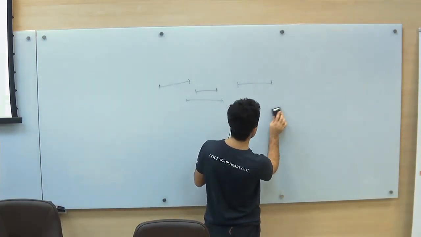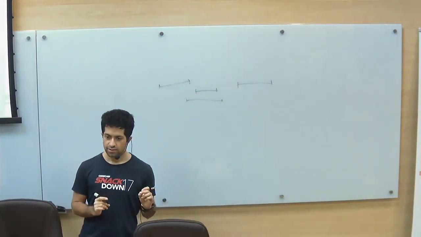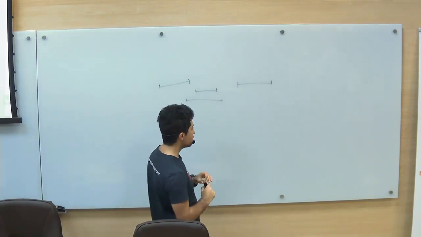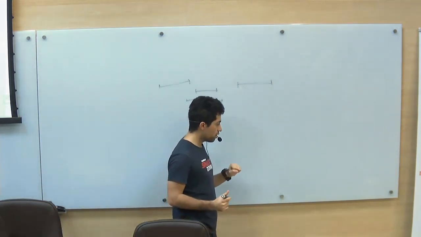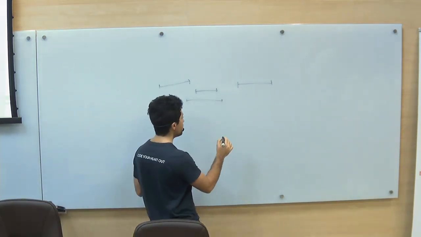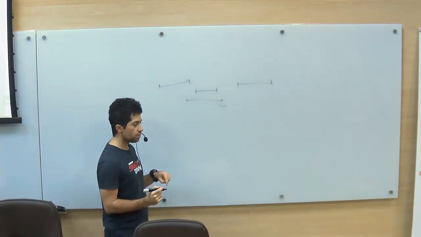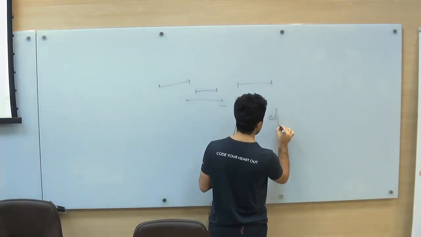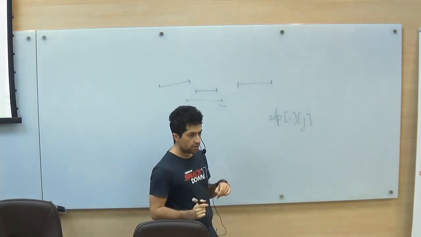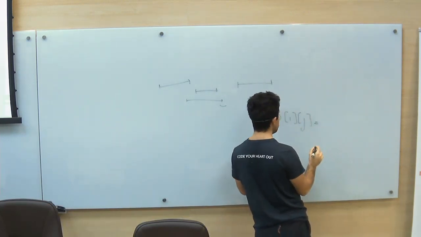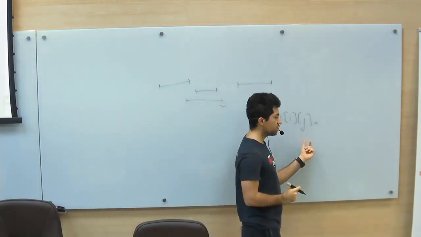At first I thought that I can solve this with flow, but I was completely wrong. And the solution is simply not a simple one, but it's a dynamic programming solution. So I will sort the intervals based on their endings, and then define a dynamic programming on it. By that I mean I define dp of i and j. It means that if I go through only the first i intervals sorted by their endings, and I want to have j different components,